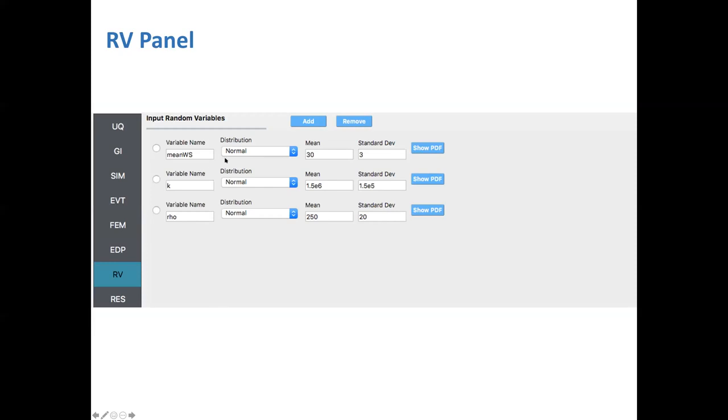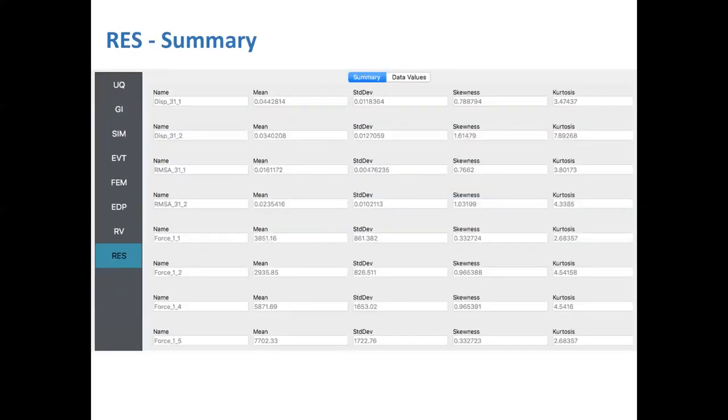Random variables, mean on the wind speed. I've specified my story stiffness. I've got a 10% on the story stiffness, 10% on the wind speed, and it's like 8% or so on my rho, which determines the building weight, and then from that we get the floor weights. And then finally, I look at the results. I get the results for